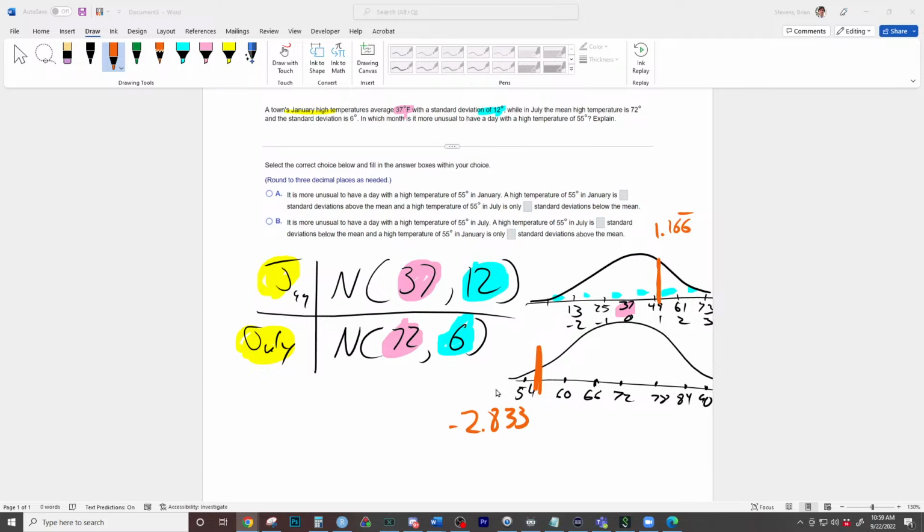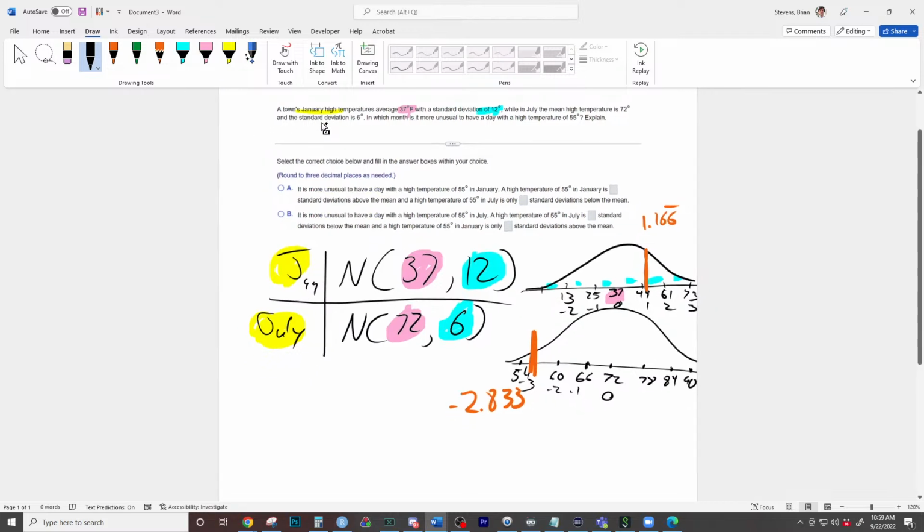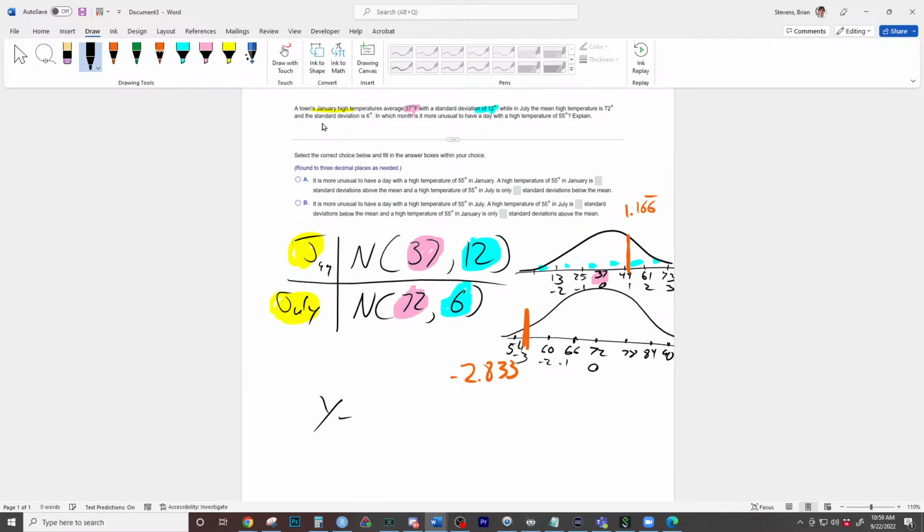Now, you can view it here visually, and you can kind of get an idea for the z-scores, but how do you get z-scores? What is the formula for z-scores? The observation minus the mean over the standard deviation. Great job, Blake, right there. The observation minus the mean over the standard deviation. So we need to do this twice. We need to do observation minus mean over standard deviation, where the observed value is 55 for both of them. So the observed value up here is 55, and we need to run it for both distributions.